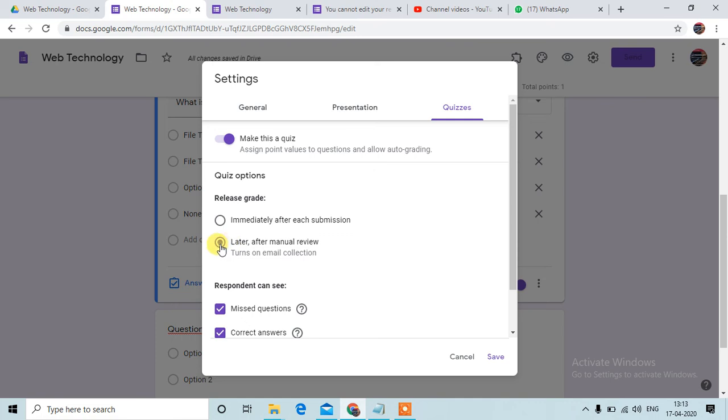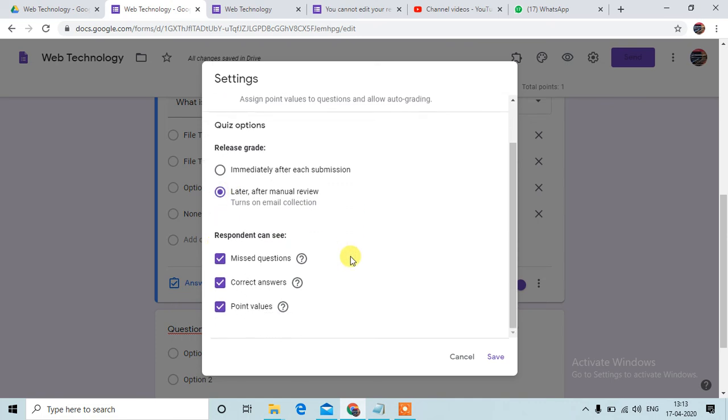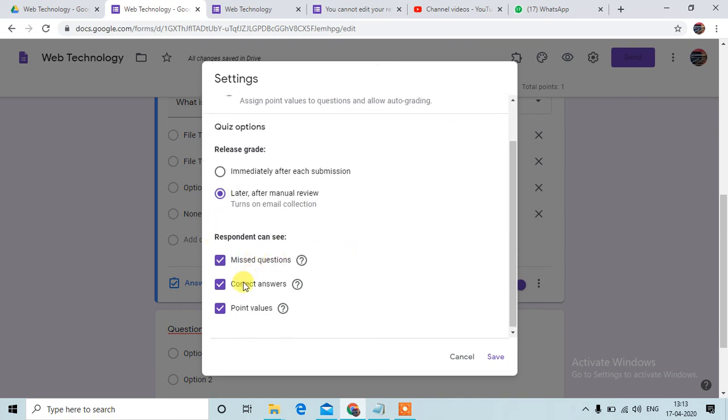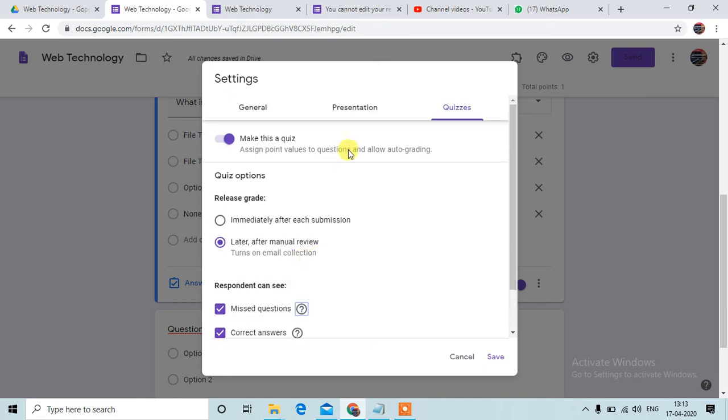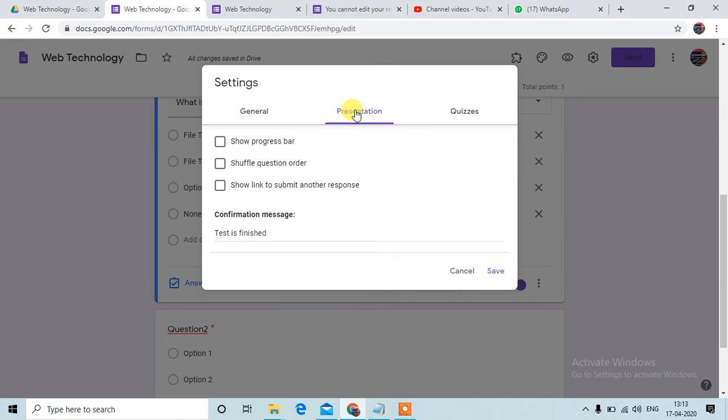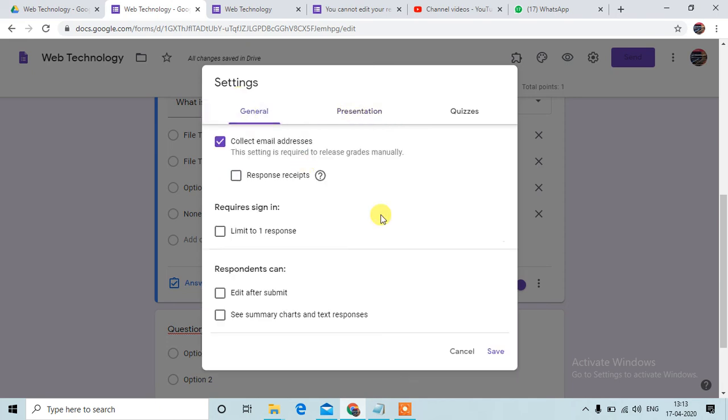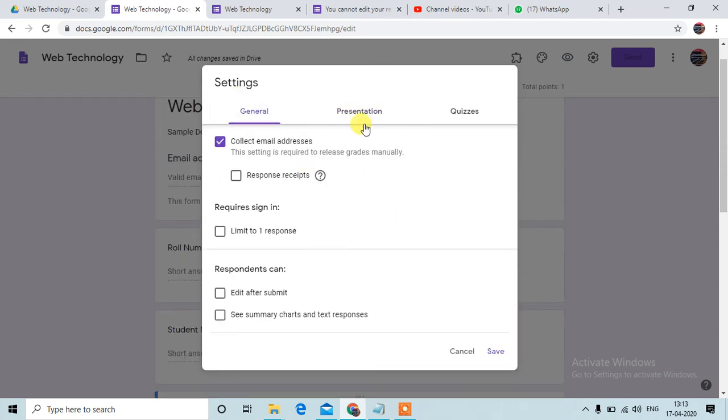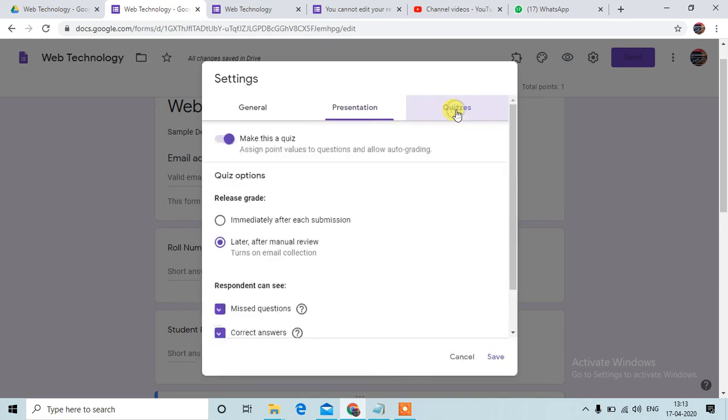Then the response will show the missed questions, correct answers, and the actual marks of the questions. There is the presentation tab, then the general tab. These are the options under the settings tab.